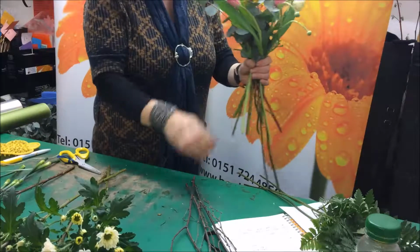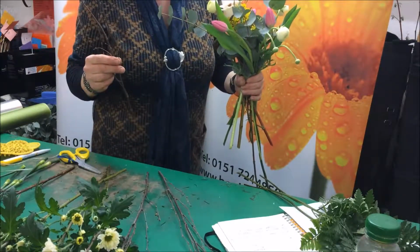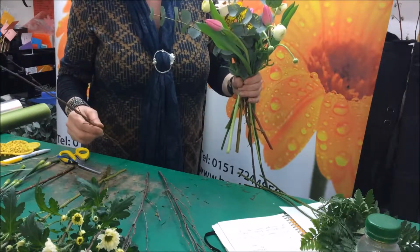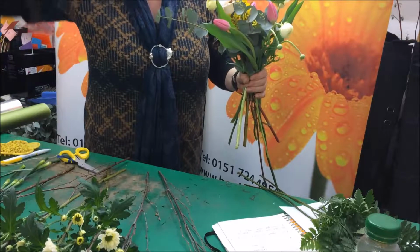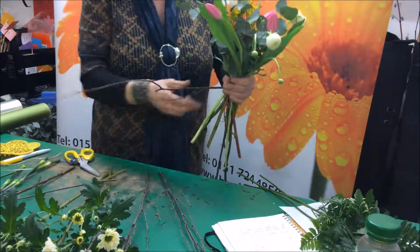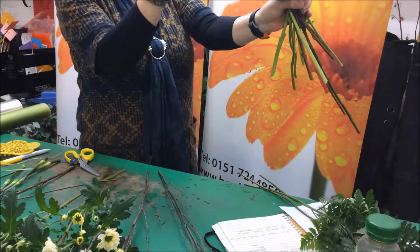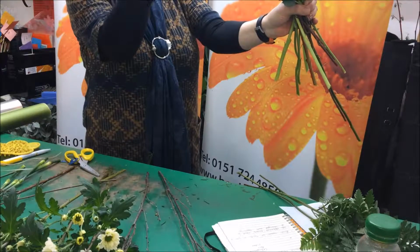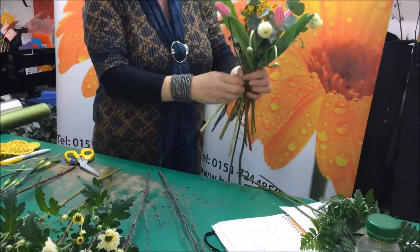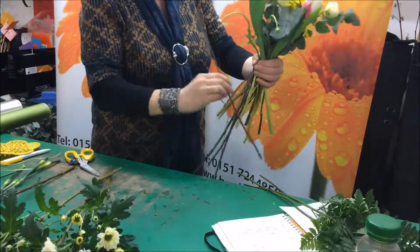At this point, this is where birch is useful. It acts like a scaffold. Because those tulips are carrying on growing, they can be getting a bit swan-necked. So if you put one of these as your support for the tulip, if you need to twist the head around, that'll hold it up and keep it in position. So if you put your three birch there,